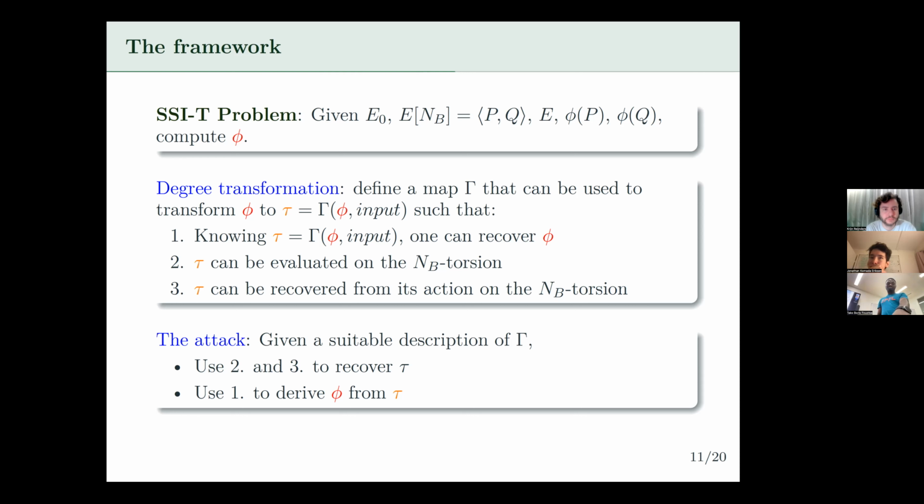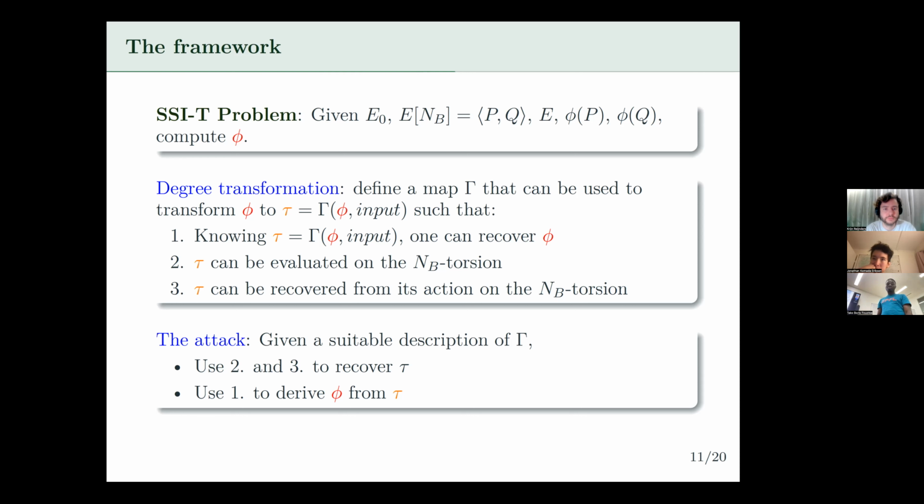So I use a map gamma that can always be extracted from the context of your attack. You can use this gamma to obtain an isogeny that depends on your secret isogeny phi and some input that are explicit from the context, and when you extract this gamma, you will get something which is tau,